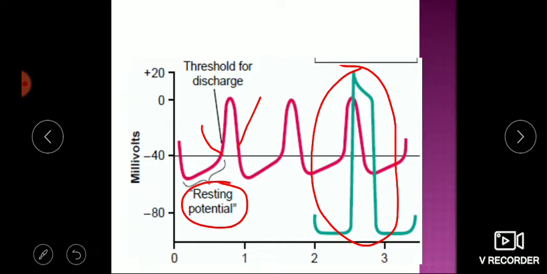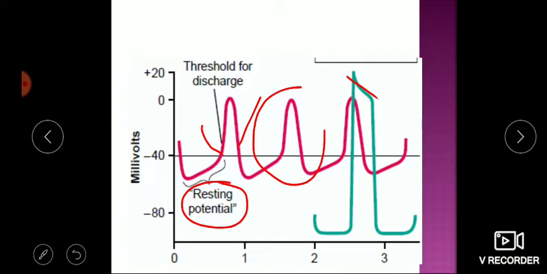It has a special property of a long refractory period. It is due to the plateau phase. So there is a plateau phase in the cardiac muscle action potential. We learned this in the last lecture. So this is the special property of the SA node, by which it generates the cardiac impulse. It is called the pacemaker potential.